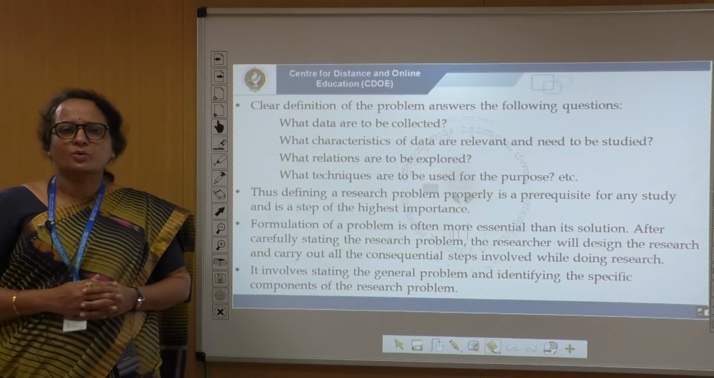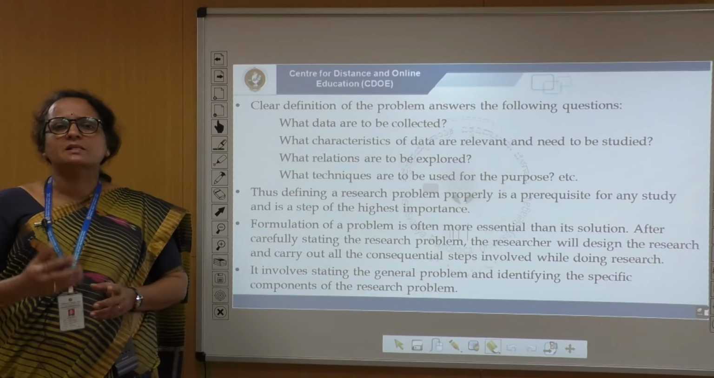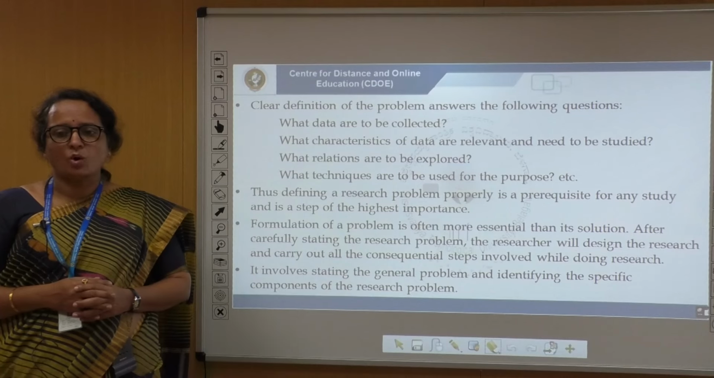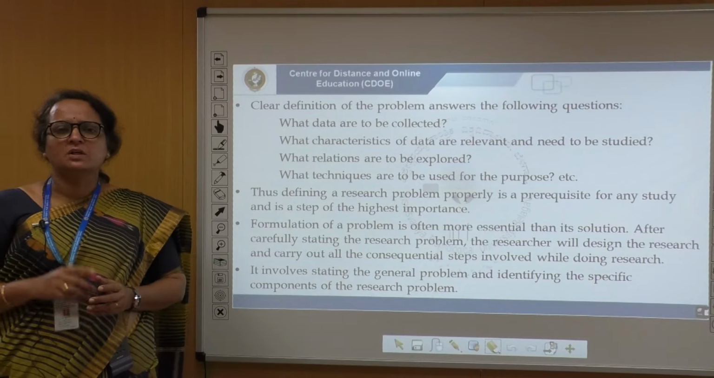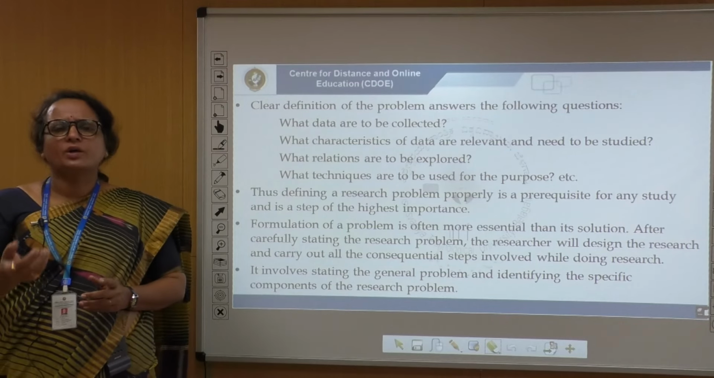What relations we want to explore, even that will be very clear. And what all variables are there in our study, even that will be specified in the problem definition. What techniques are to be used for collecting the data. In simple terms, when you clearly define the problem, then you will be very clear about what data we have